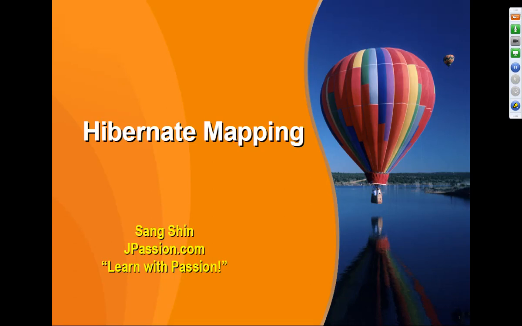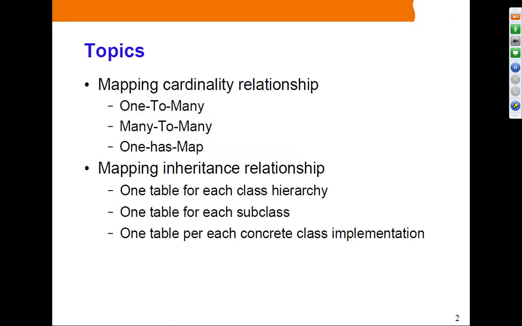Next topic is Hibernate Mapping. So there are two different kinds of mapping. One is cardinality relationship mapping, that is reflecting one-to-one, one-to-many, and many-to-many relationships. And the second type is inheritance relationship, where one Java class is a parent class of another Java class. Okay, and in that case, how you are going to construct a table from that inheritance relationship, you have